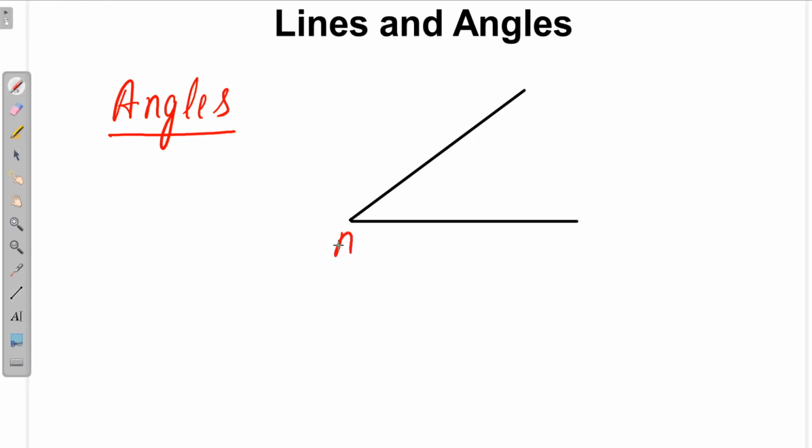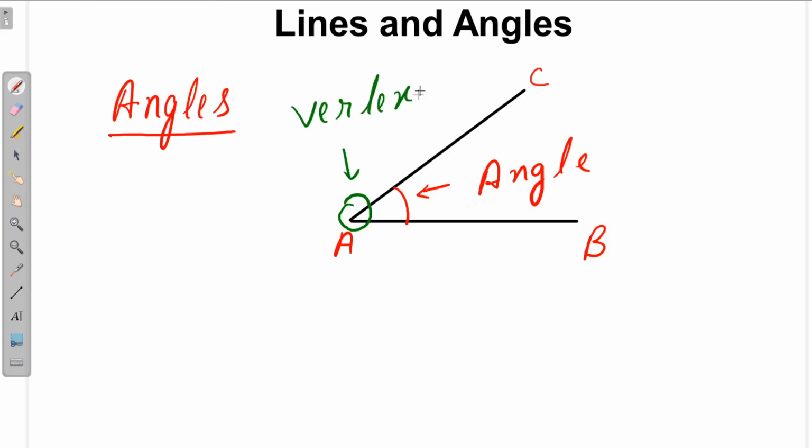This line segment name is A, this I name it B, and this I name it as C. So CAB, this is the angle A, this is called angle. When two line segments join together, they form an angle. And what is the name of this angle? See, the joining point of the lines is called the vertex. This point is the joining point, so this joining point is called the vertex, and the name of the vertex is the name of the angle. So we can say the name of this angle is angle A.